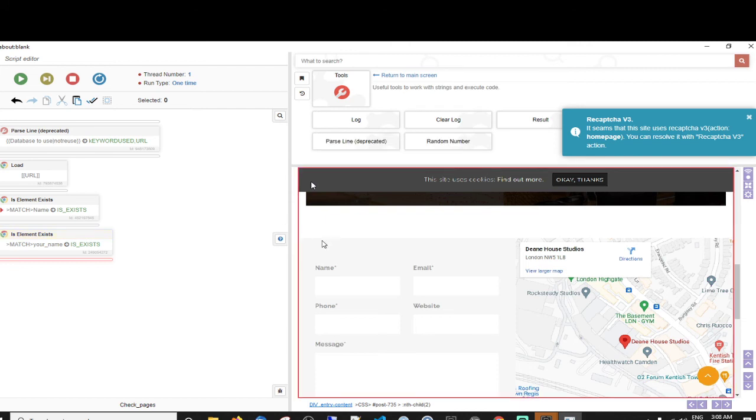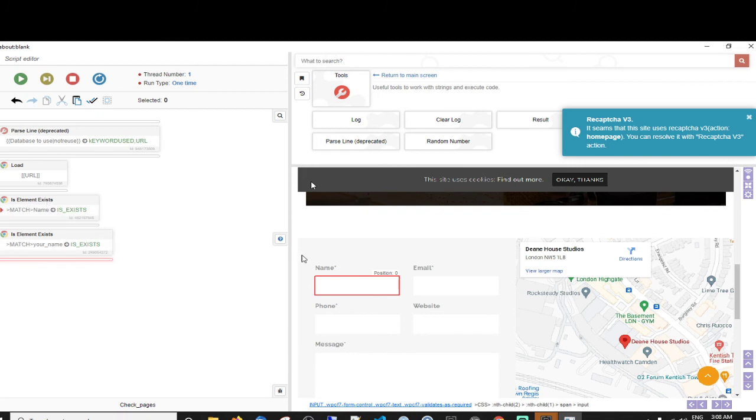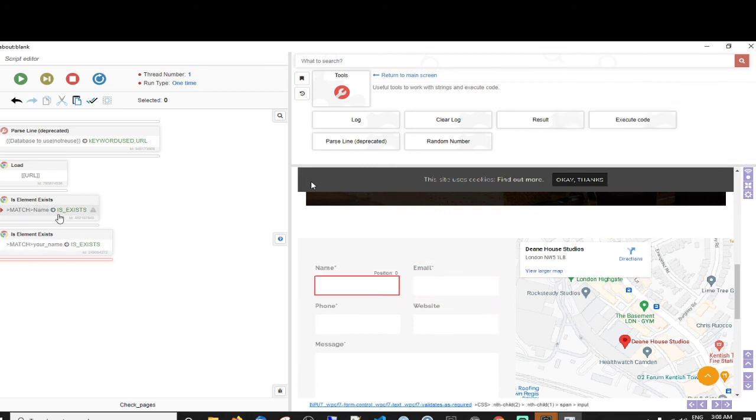Not the most fun work, but obviously the more different variations that we capture and can check, the more chance we are going to have to fill out as many forms successfully as possible. Because the problem that we're going to have here is obviously different sites will have different field names, and some will be built on WordPress, some won't. So there will be different match types, but for most of them the name of the field is name or your name is on the page. So there'll only be a few different types. Hopefully, we'll see.